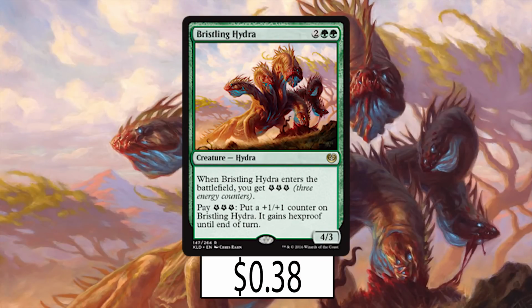And at only a single green mana, you'll have enough resources to cast your other pump spells and hold this up no problem. It's one of the more expensive cards in the deck at a whopping $1, but trust me, you need this card. We're going to pivot back to creatures for a second because we can't forget about Bristling